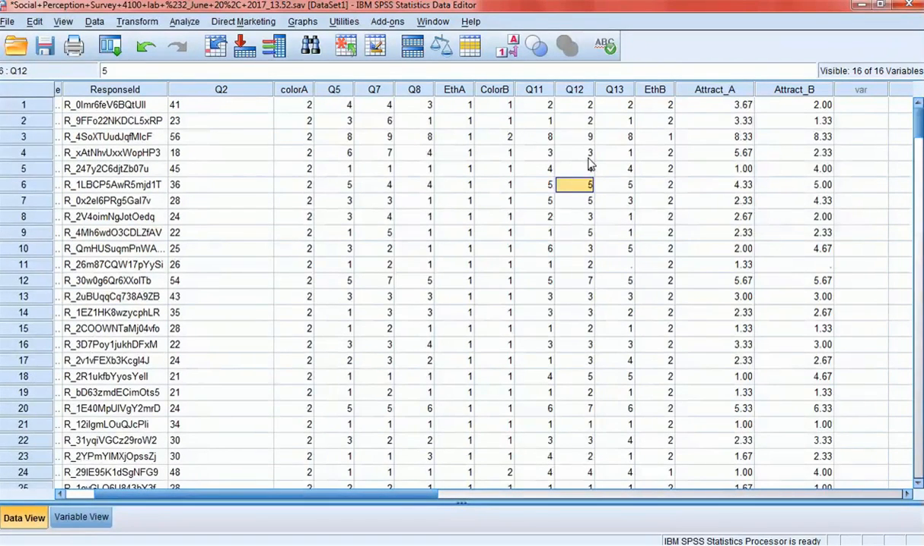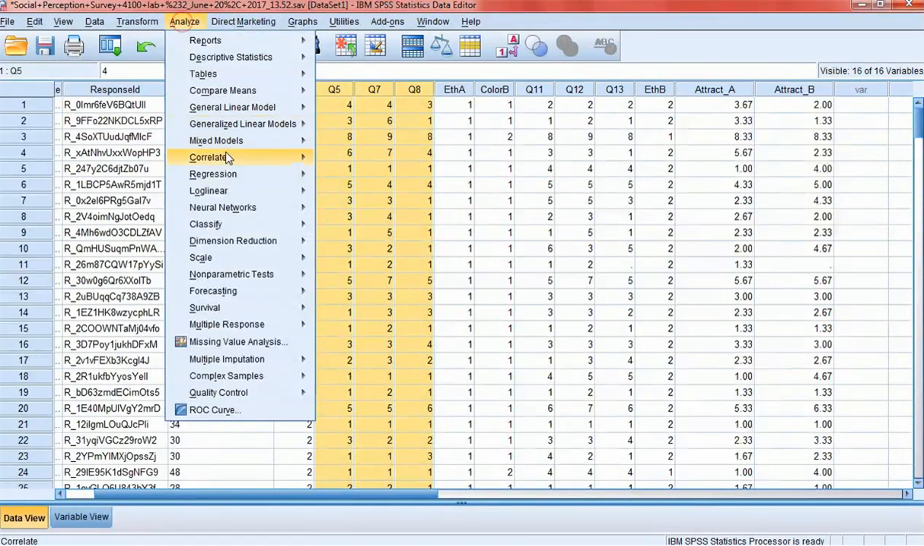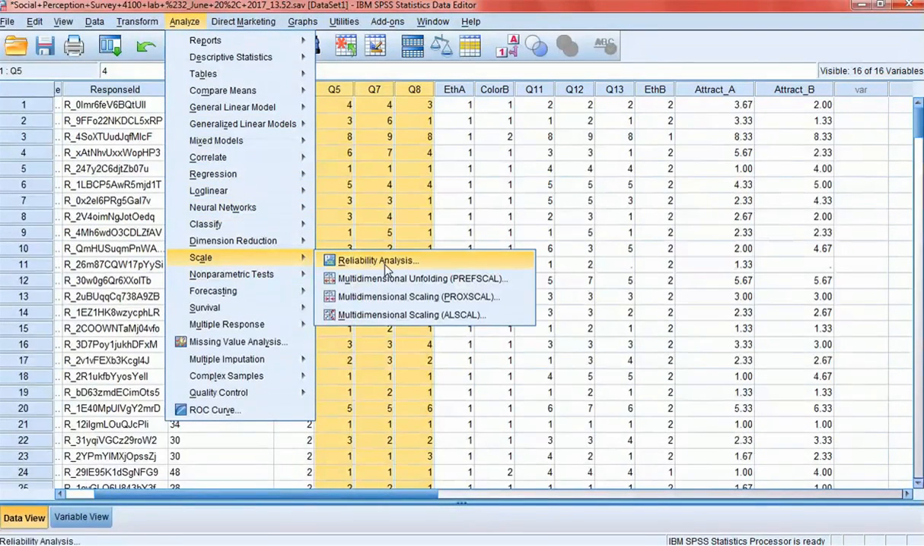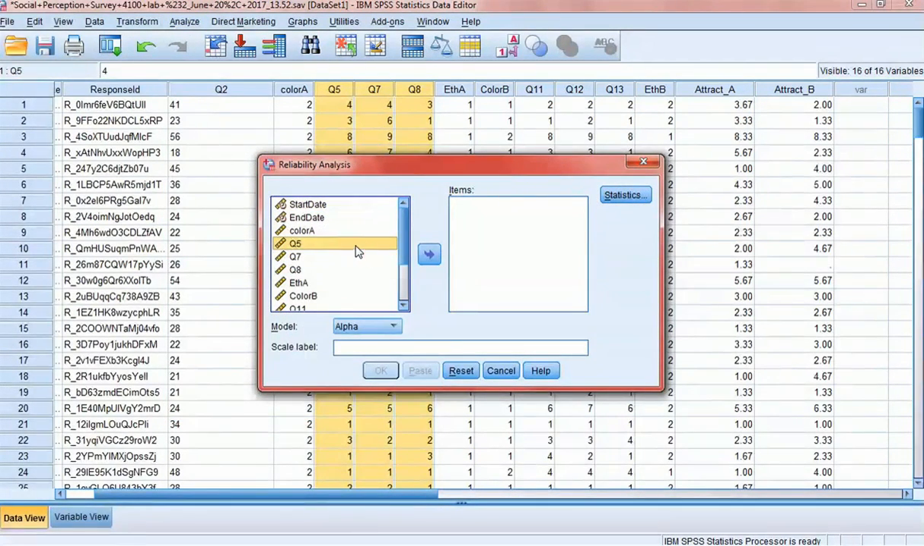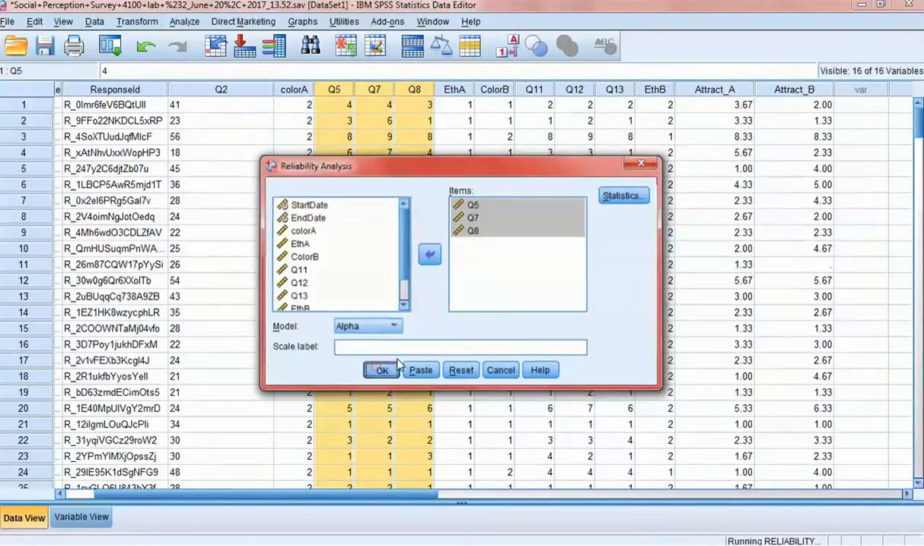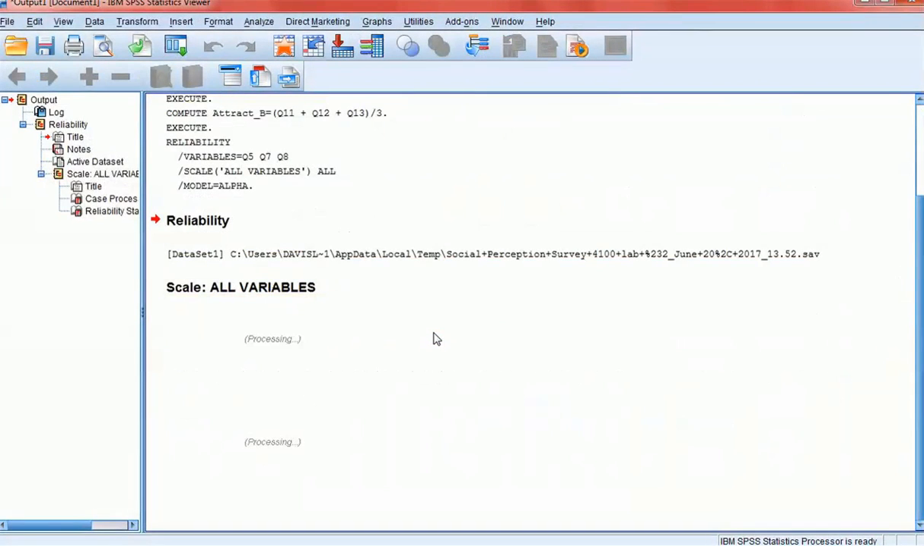So what we first need to do is combine these variables together into a single variable called attractiveness. Now I've already created these here, attractiveness A and attractiveness B, but we want to make sure that these questions have good inter-item reliability. So I'm going to start by running a reliability analysis, so scale reliability analysis, and I'm going to add in these questions 5, 6, and 7. Those are our attractiveness questions for person A. And when I do that,